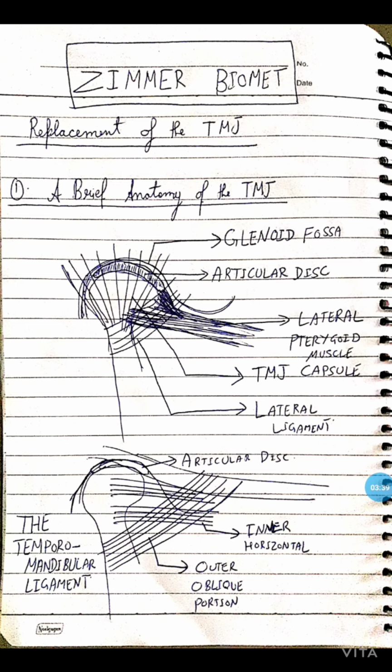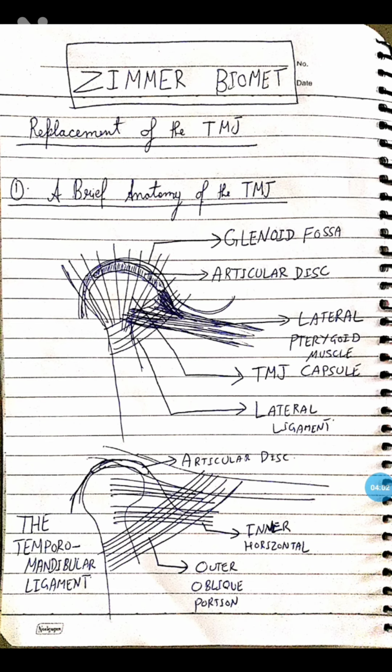Now, both of these can be solved through surgical intervention and prosthetic intervention. But when it comes to an end stage temporomandibular joint disease, for example, osteoarthritis of the temporomandibular joint, you come to a certain stage where nothing else can be done except for resection of the joint itself. What do you do?